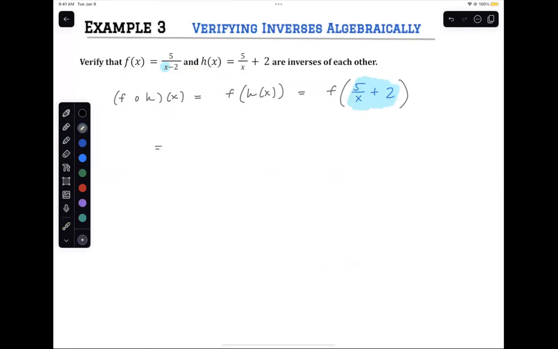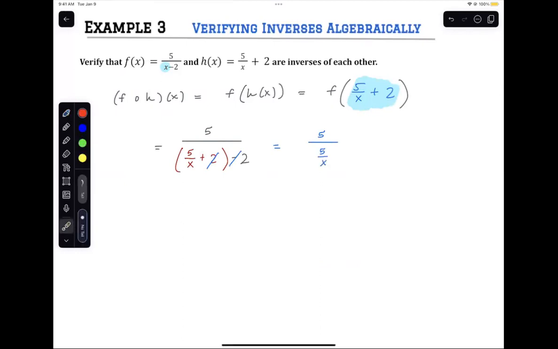So it's going to equal 5 over parentheses 5 over x plus 2 minus 2. So before we freak out, because yes, this looks weird, just think about it. Positive 2 and negative 2 cancel out. So I'm left with 5 over